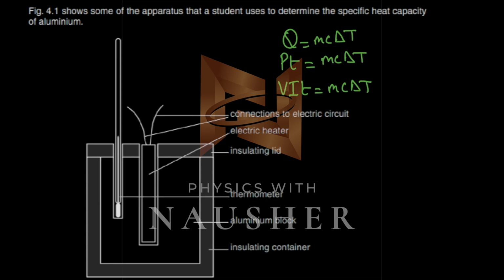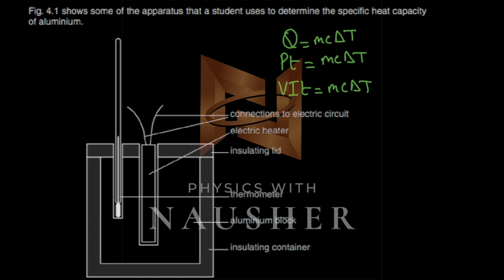Now before I start this question, just to remind you, the formula is Q = mcΔT, where Q is energy. Energy is power times time. And how do you calculate power? VI. Whenever you have an electrical heater, you have to give it voltage, you have to give it current. t is the time, m is mass, c is specific heat capacity, and ΔT is the temperature difference,